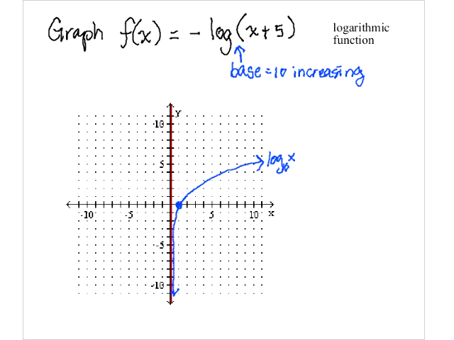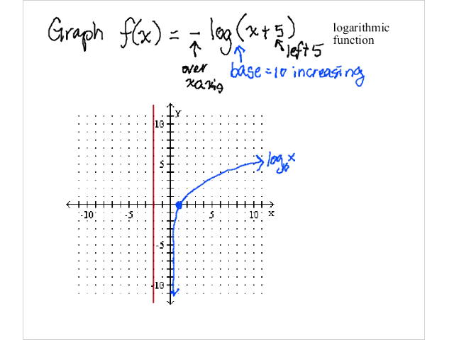Okay? Now, there's two things that's going on in this example. The plus 5 that is grouped in parentheses with x is going to make it go left 5. And then the minus flips it over the x-axis. Okay? So, and we're going to follow the order of operations. We're going to move it left 5 first. In fact, I'm just going to drag these. Okay, so the asymptote is going to move left 1,